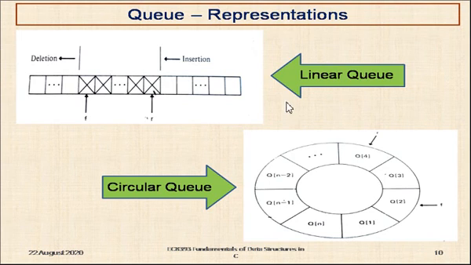The circular queue is represented in a circular fashion. So physically the memory locations are in a sequential fashion, but this is the logical representation. That is, while we are dealing with the algorithm, as you can see here, the front and rear pointers are moved in a circular fashion. Because of this, it has some advantages when compared to the linear queue, which we will see later when we discuss the algorithms. Right.